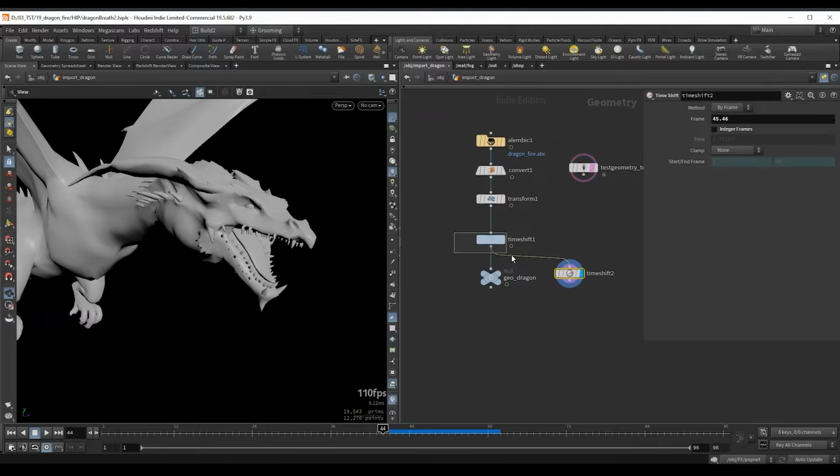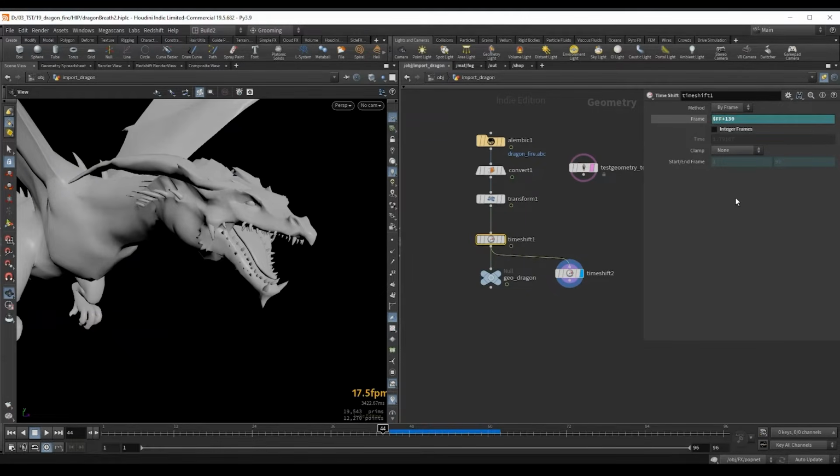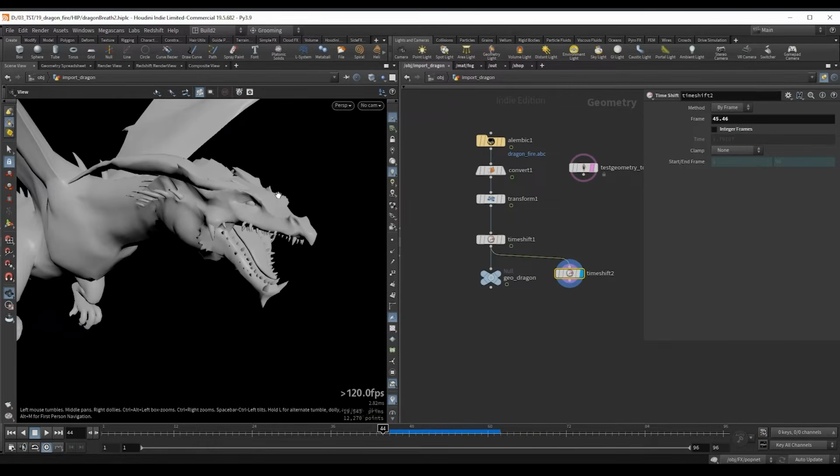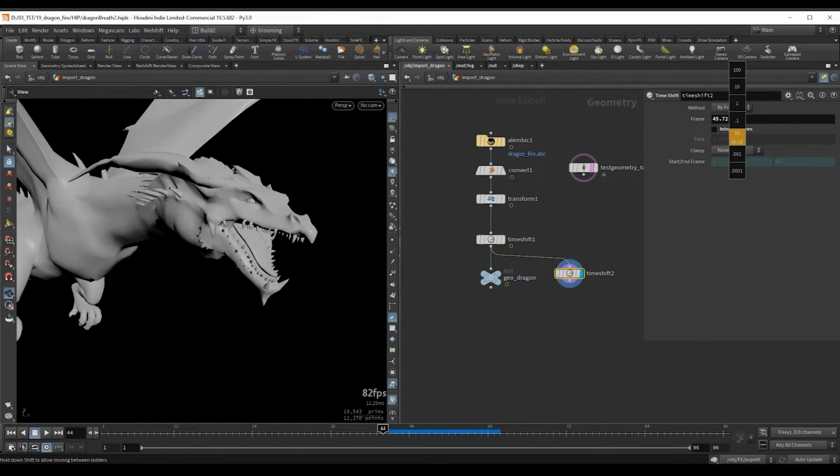This is also because in this time shift we have to set the expression to $FF. Now we have the correct value, and no matter how small the increments, the Alembic animation will smoothly interpolate between each frame.